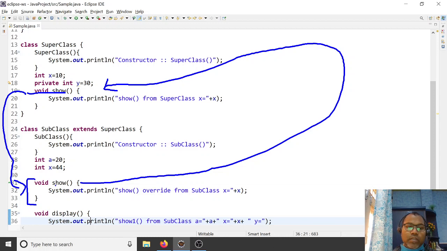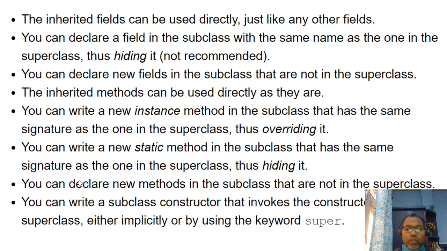Signature means the same name and the same parameter argument list. You can write a new static method in the subclass, same as in the superclass. Here I am talking about the instance method, and similarly you can do the static method as well.